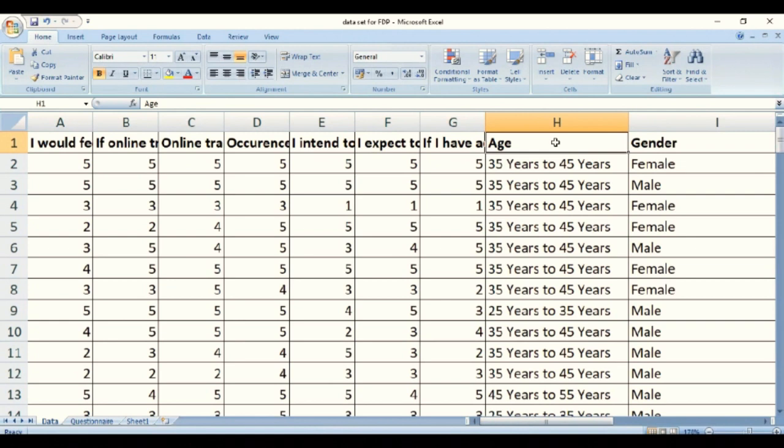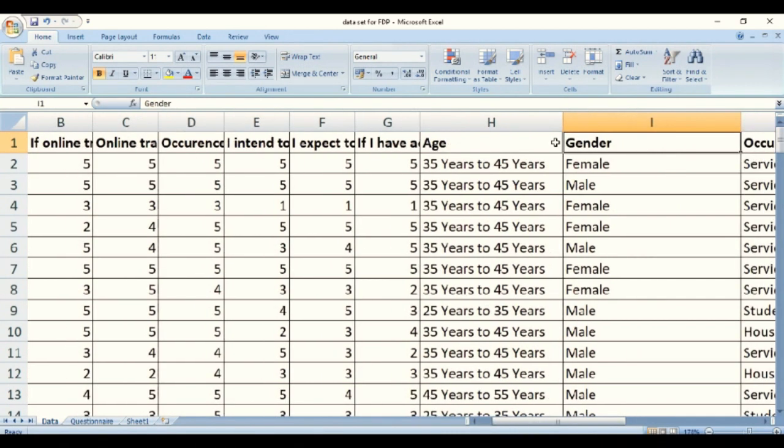This is the data that we had collected and downloaded from Google Form. Now we will do all the coding in Excel and then transfer it into SPSS. The coding will be done on the basis of measurement scale, that is nominal, ordinal, and scale.